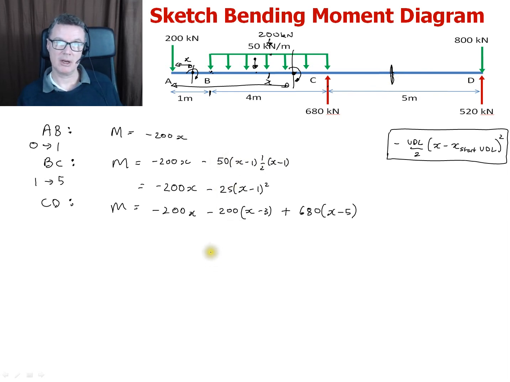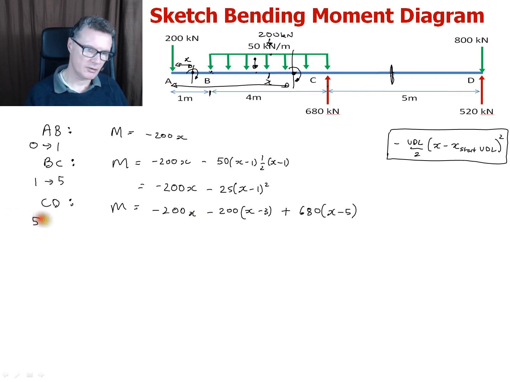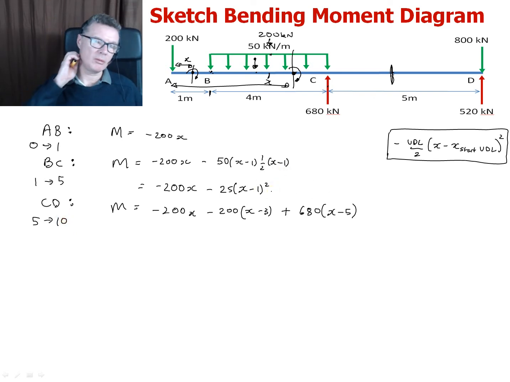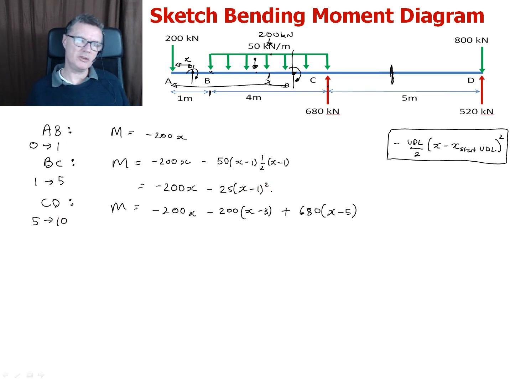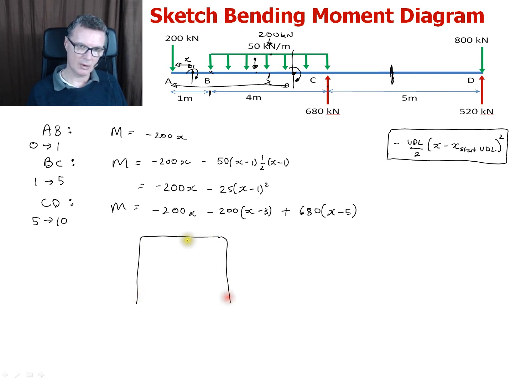You could put them in your calculator and create some data points. You only need 2 data points for this function and this function. So this is from 5 to 10. But for this one here, you probably want to use the table function on your calculator to be able to plot some points. So that's if you're doing it using more of an algebraic approach, and then you maybe would want to create a table of what M is